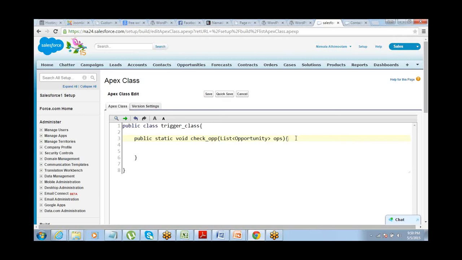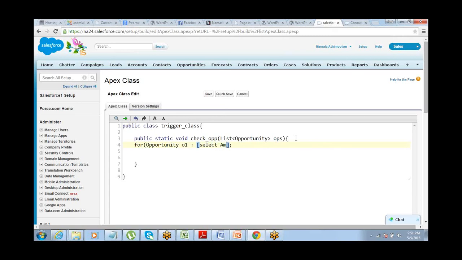Now let's write the code here. For the code, as I told you, there are two things which I need to check. I need to check all the existing records. I also need to go ahead and check the records which are being created. So I'll write two for loops here. First for loop is for opportunity O1 within the existing list of records. So existing list of records I will fetch through the SOQL query.